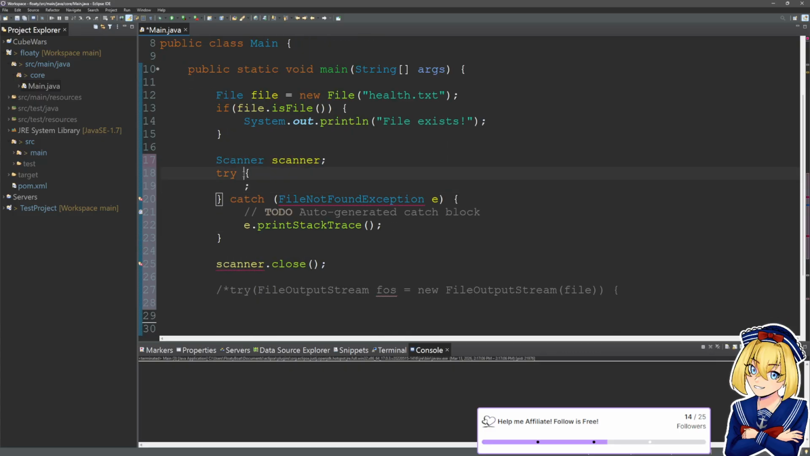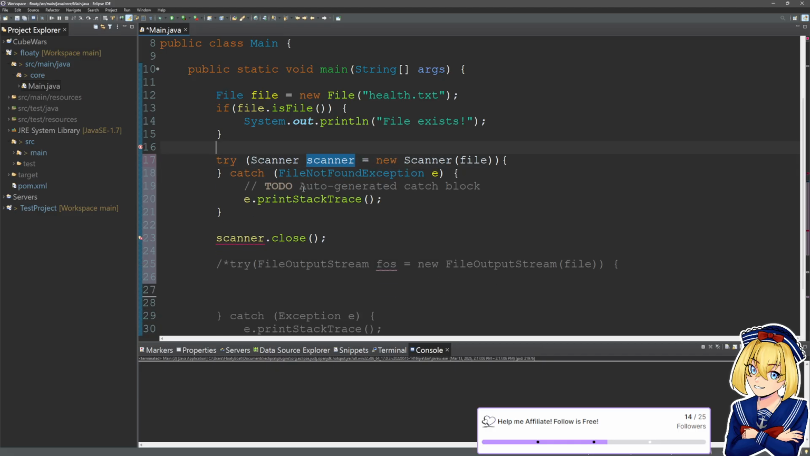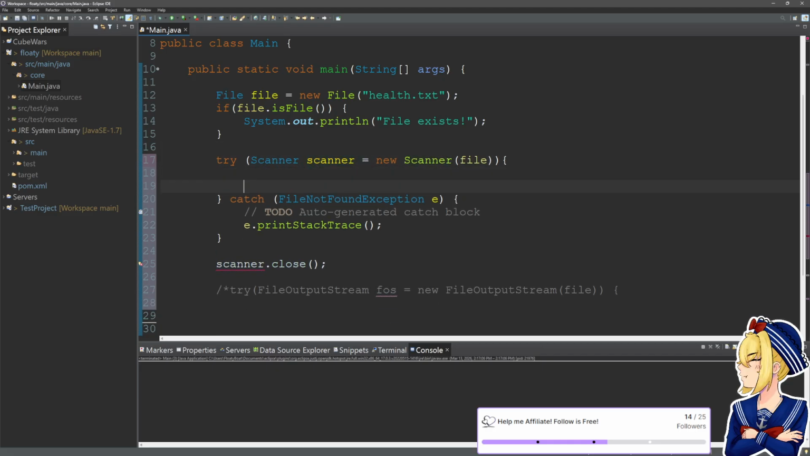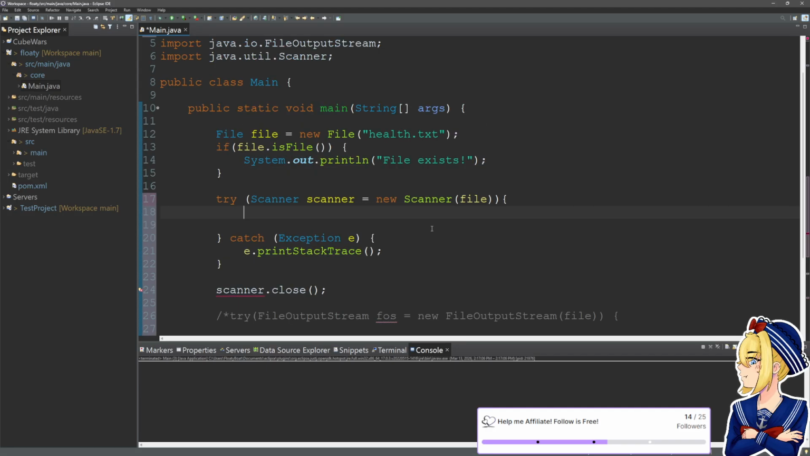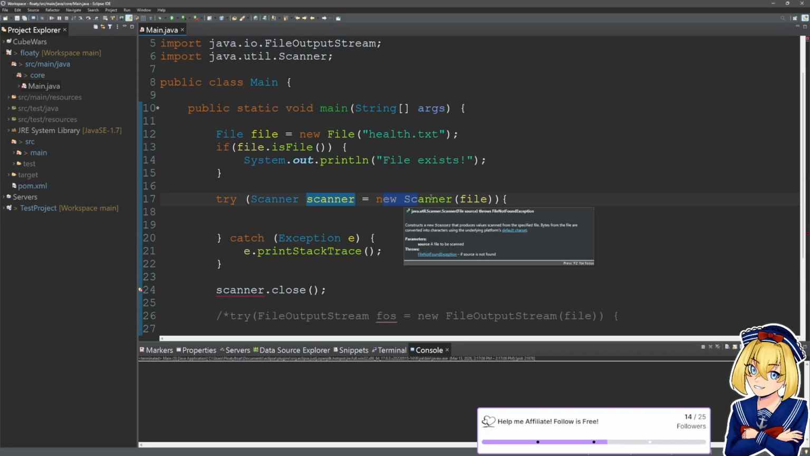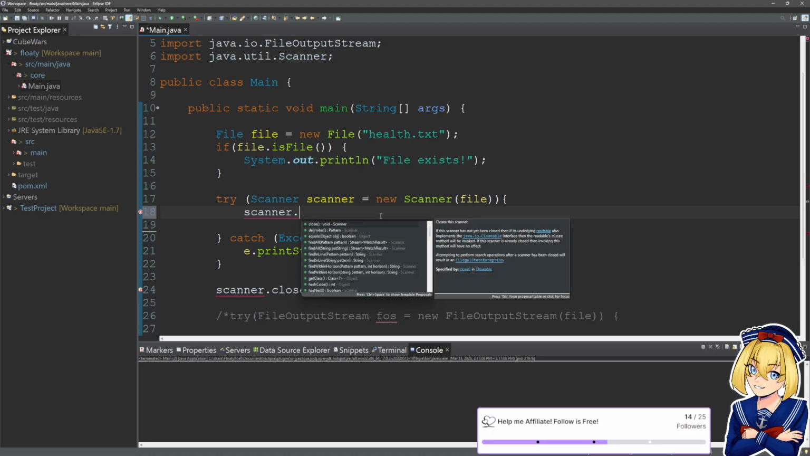So we were going to try with resources this scanner, because I don't plan on using the scanner outside of this try block. And again, we're just going to cut this back to exception. Okay. So a scanner is sort of a text-based file reader. So we can just say scanner dot, and you'll find